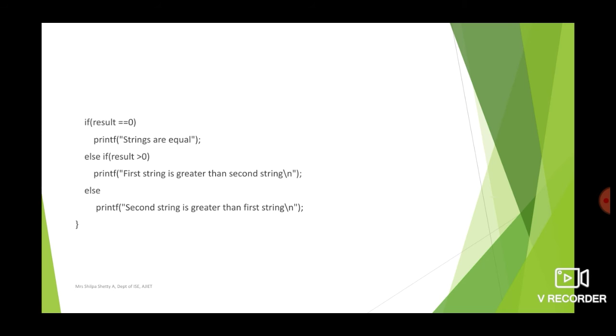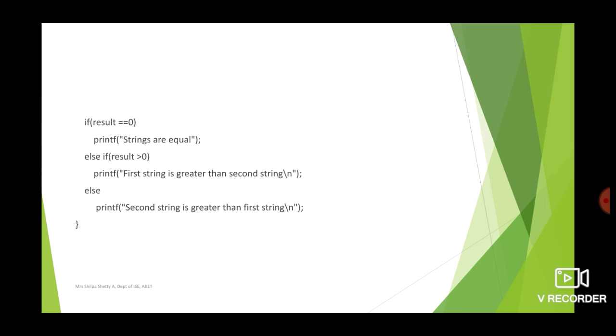Next, as we discussed, if result is equal to 0, we come to the conclusion that strings are equal, so we will print the same. Or if result is greater than 0, that means the ASCII value of the first mismatch character is greater than the second one, so the first string is greater than the second string. Otherwise it obviously means that it should be a negative value, so either 0, positive or negative, right?